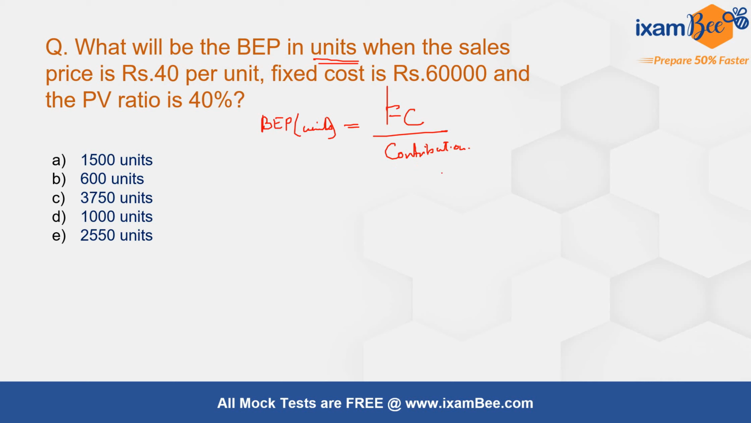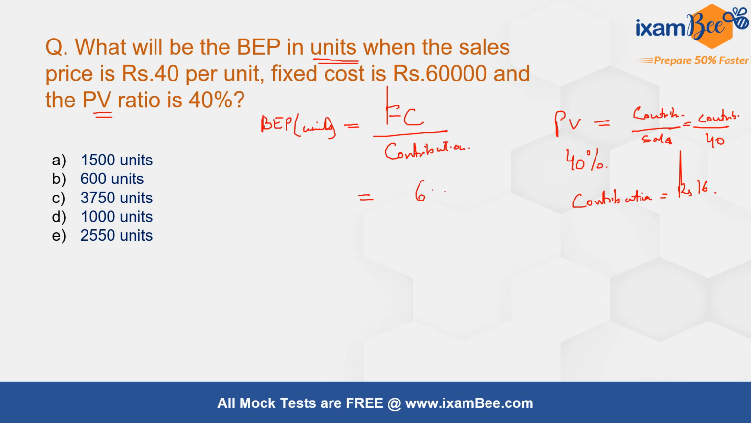Now I don't know my contribution in rupee terms directly. However, I do know that my PV ratio is 40%, and I know that PV ratio is equal to contribution by sales, and I know my sales price is 40 rupees. I know my PV ratio is 40%, and therefore I can calculate my contribution, which will be 40% of 40, thereby giving me a contribution of rupees 16. Now I will be able to calculate 60,000 divided by 16, which will give me